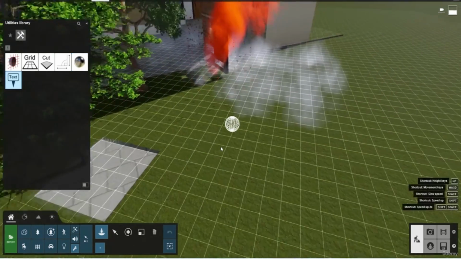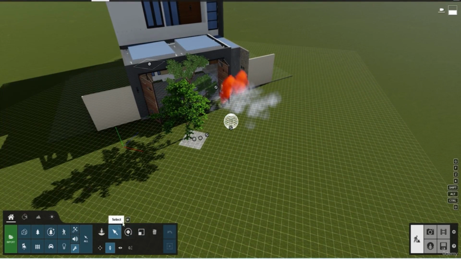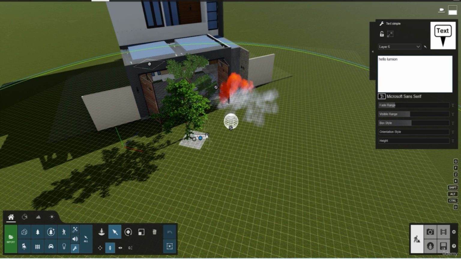And if you want to add some text here, just add text, just click, this is the text, and you can write something. And you can set the visibility range, or maybe the box style likewise. You can see this item, right, and the height of the item likewise. So you can add these, which are small details but really important, right? Okay,